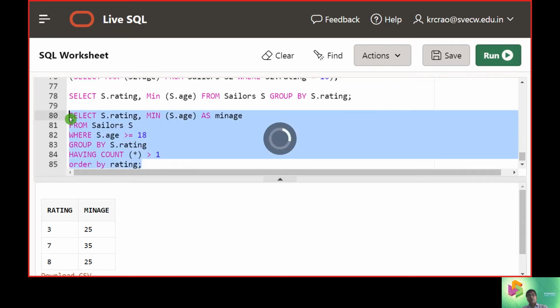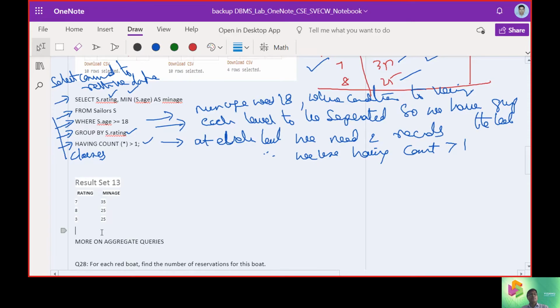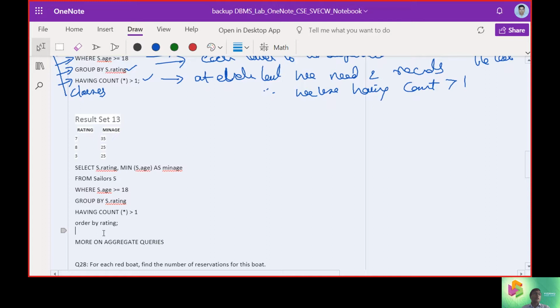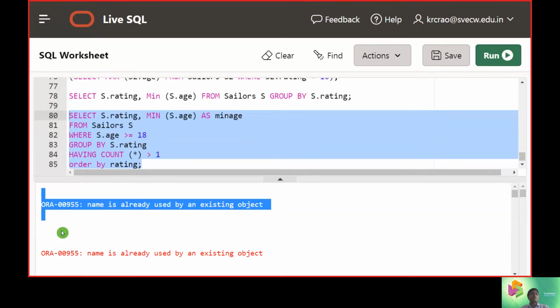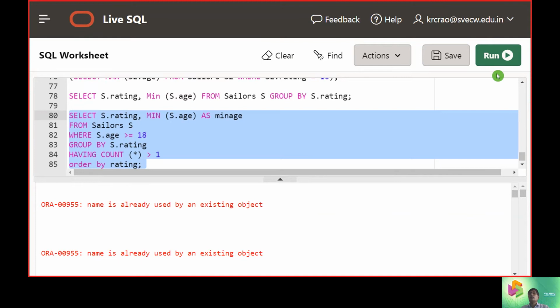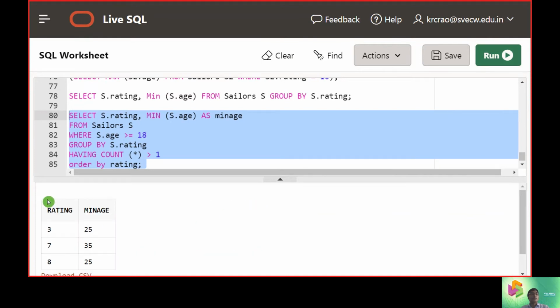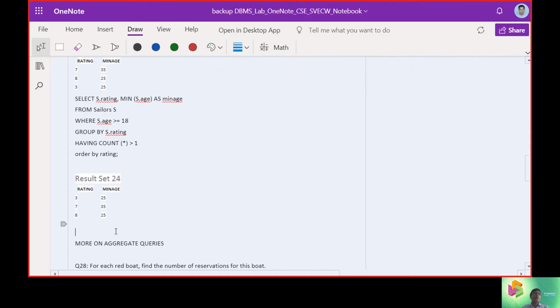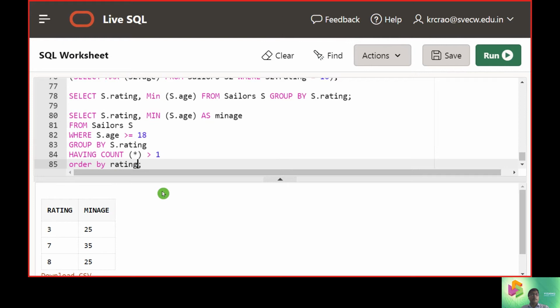So I can take this query and put order by rating here. When order by rating happens, you can see the rating is displayed in ascending order. Let us verify what happens if we put order by rating DESC.